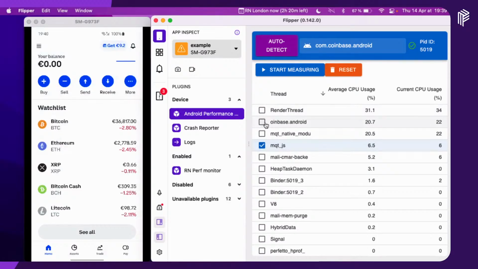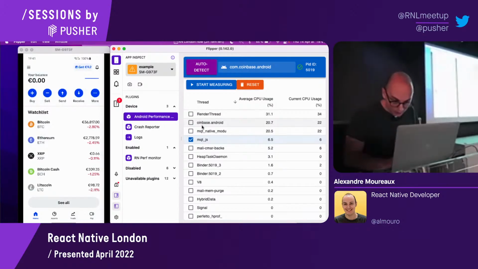Coinbase.Android, I have no idea why this happens, but it's definitely not like ADB shell top prints out the same. So just a note, I'm not actually parsing top output. Top actually reads from /proc/something files on Android. The code is open source if you want to check it out, and I do basically the same. In there you have the name, but I guess the name cannot be longer than some number of characters. That's why it's supposed to be Coinbase.Android, but sometimes it's different.